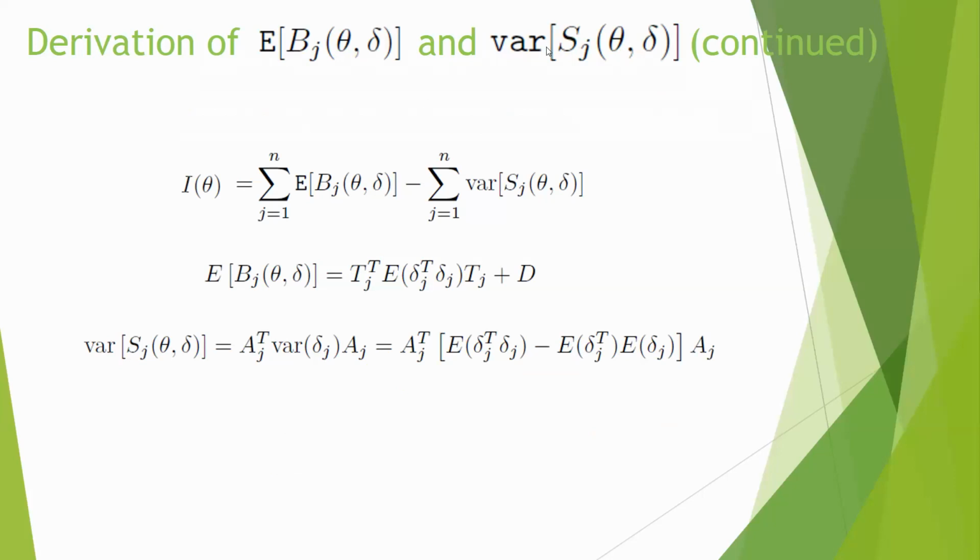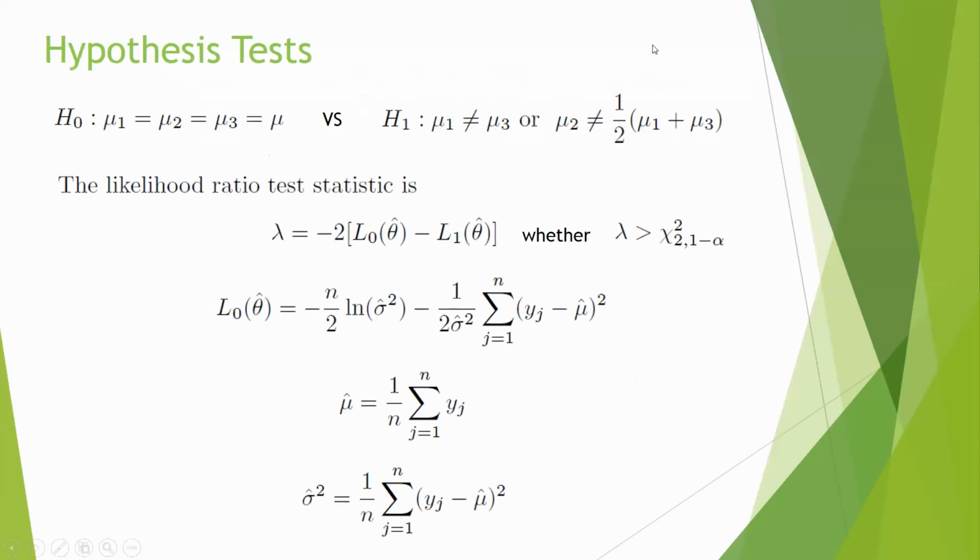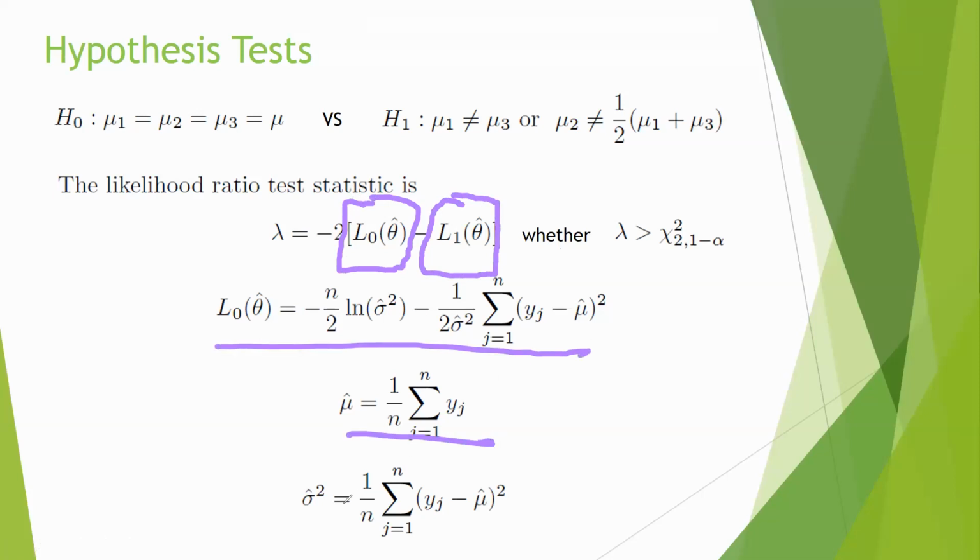All right, for this one, I hope you just understand this part. If we want to do hypothesis testing for the mixture model problem, we need to calculate the likelihood for the alternative model, and we can calculate the likelihood for the null model. Don't worry about the formulas here. So in the final exam,